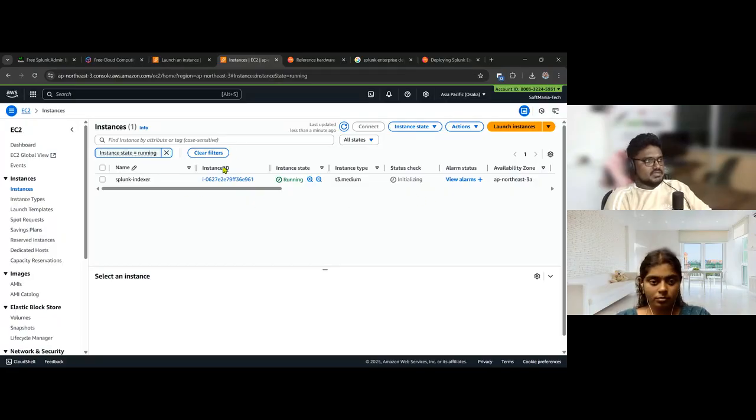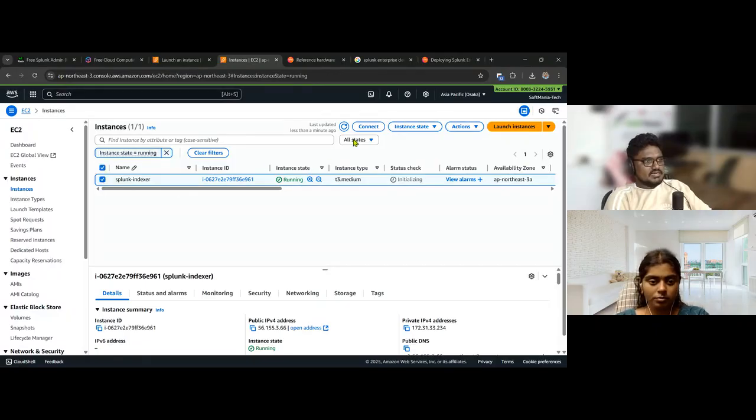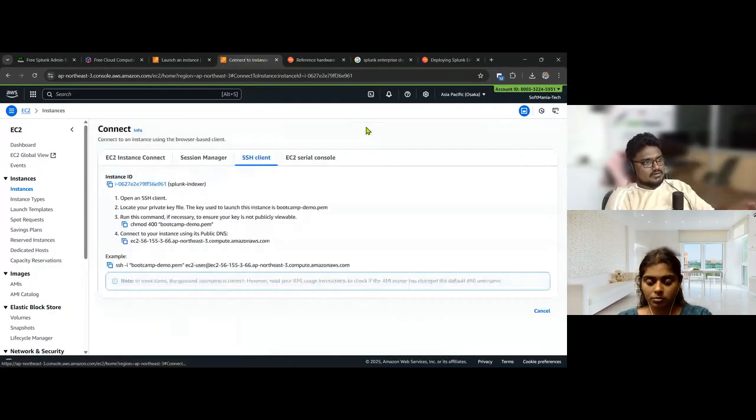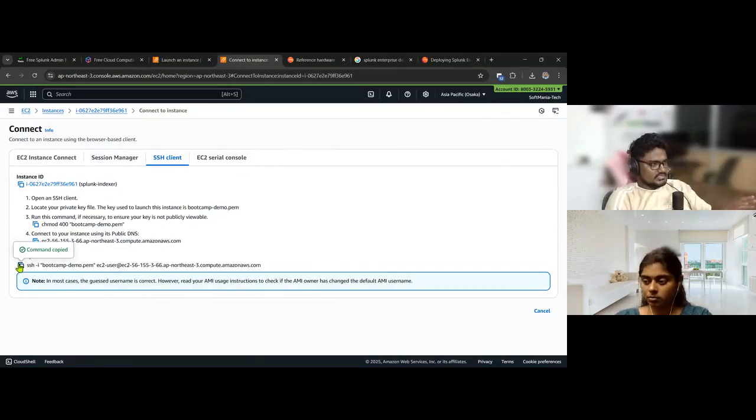Okay, thank you for the confirmation. Right, so now I can go to the backend and start installing Splunk. I can click on the server and click on connect. I'll get this SSH key, and then I'll go to the